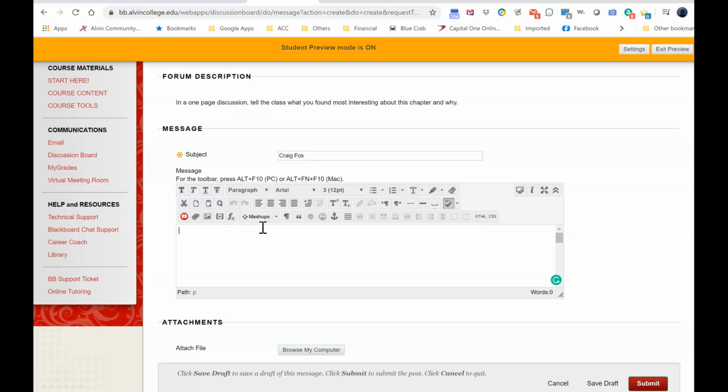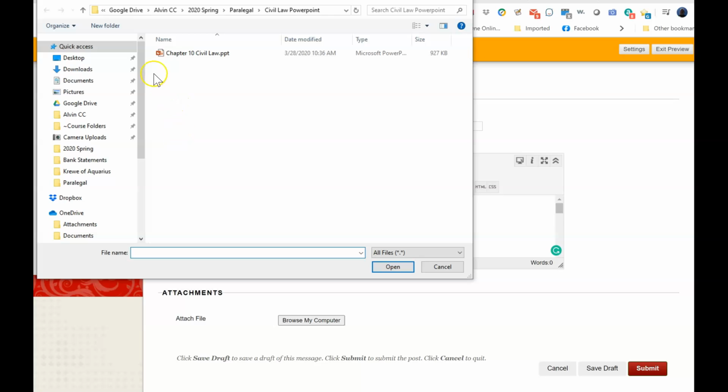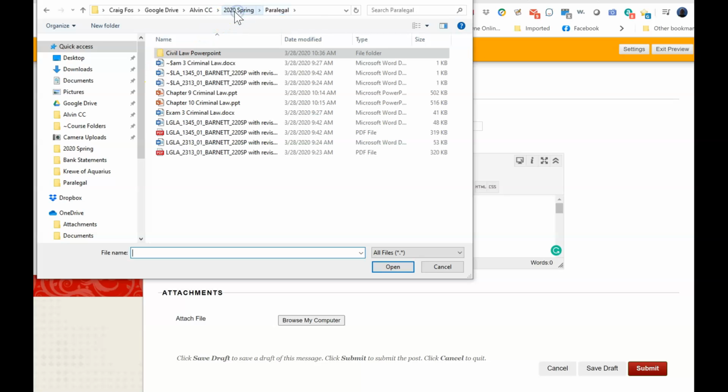If you cut and paste it from a Word document into Blackboard, you're going to have to use the keyboard to do the pasting, not right-click on your mouse. So in Windows, it would be Control-C to copy it and then Control-V to paste it, and that will put it in there. You could actually do it as an attachment. So if you write it in a Word document and you save your Word document, if you click on Browse My Computer, you can come up with the document,